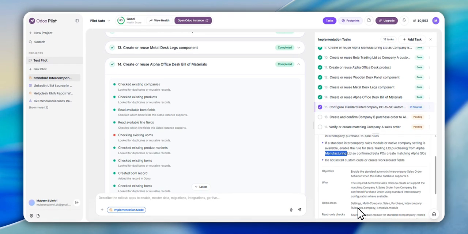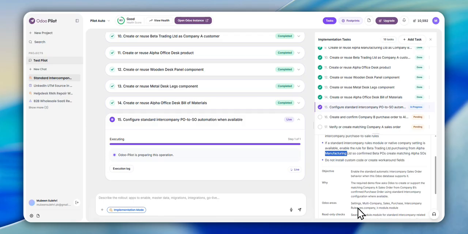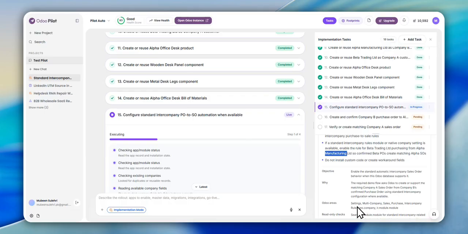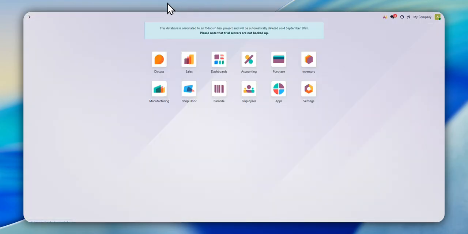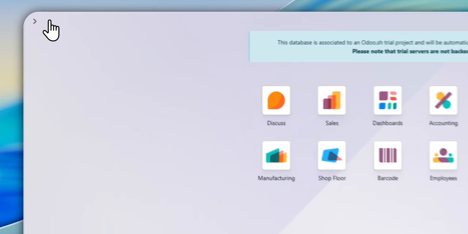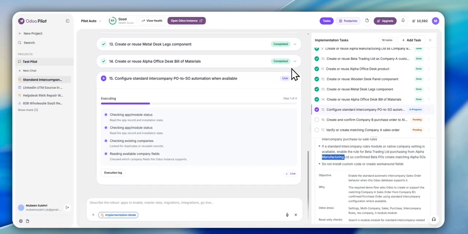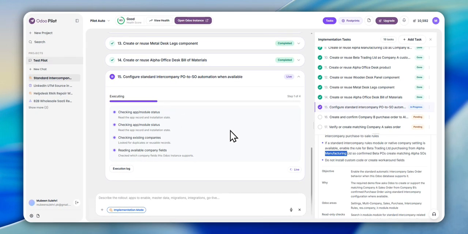So they will attach in intercompany the manufacturing company as our seller and the Beta company as our purchaser within the database. So we will just wait for the instructions Udo Pilot will give us.